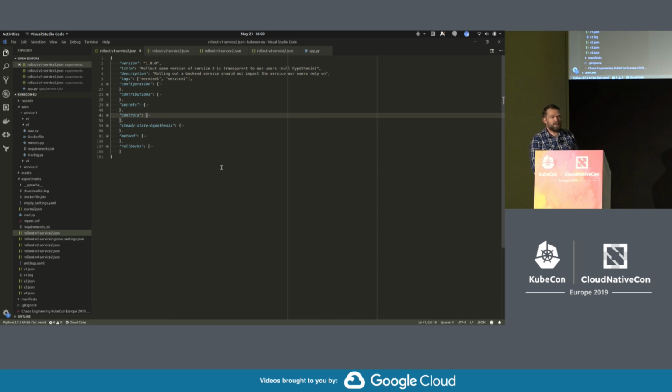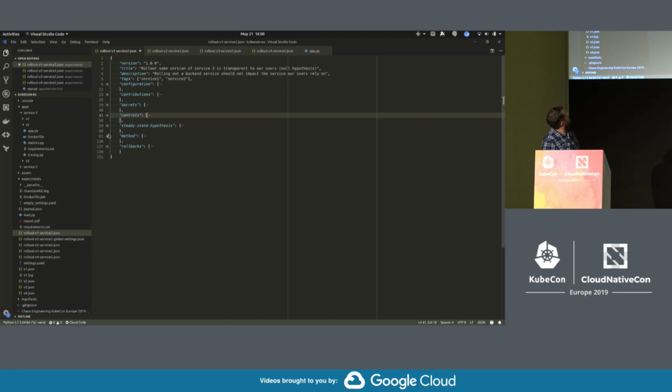You probably don't know. What if you release something that has latency? Now service 2 is responding, it's all fine, your testing was fine, it's all green. Functionally it's working, but maybe your system is unhealthy for it. Because it's slower, and you don't necessarily know how fast service 1 is expecting your response from service 2, it's not happy. So you see just that little command of rolling out a new version already starts expanding into lots of questions, and those questions should be turned into experiments. And honestly, they just look like a bunch of declarations that I'm going to demo here, that you can run automatically. So what does this look like?